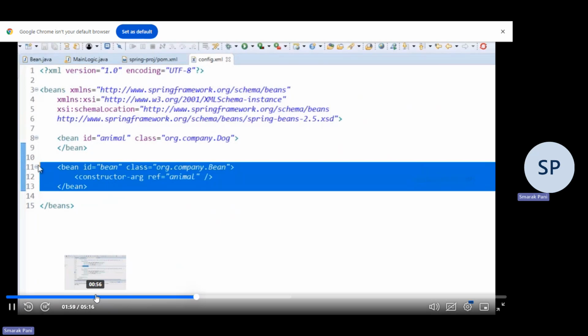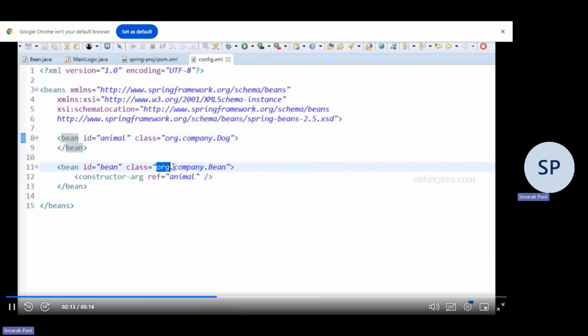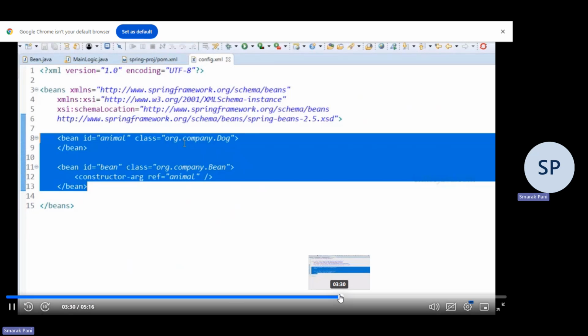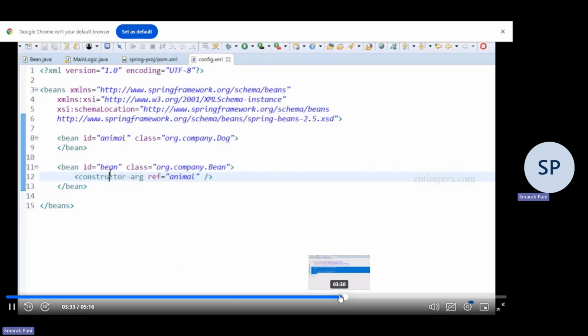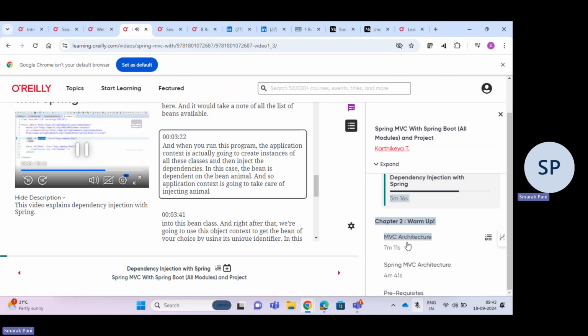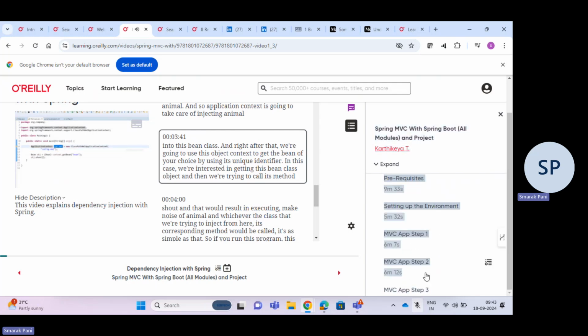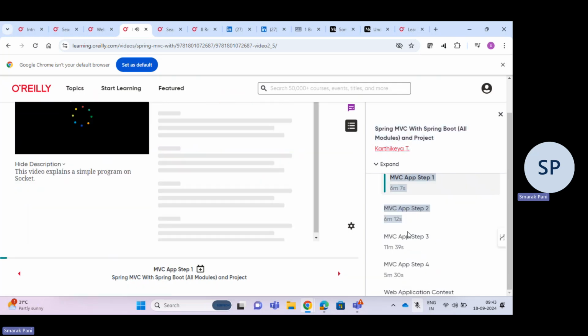And here is how you would define them. I've specified the class name, which in this case is dog, and I've given it an identifier with the name animal. Similarly, I've also defined our bean in here, including its package, and then the dependencies. In this case, the bean is dependent on the bean animal, and so the application context is going to take care of injecting animal into this bean class. And right after that, we're going to use this object context to get the bean